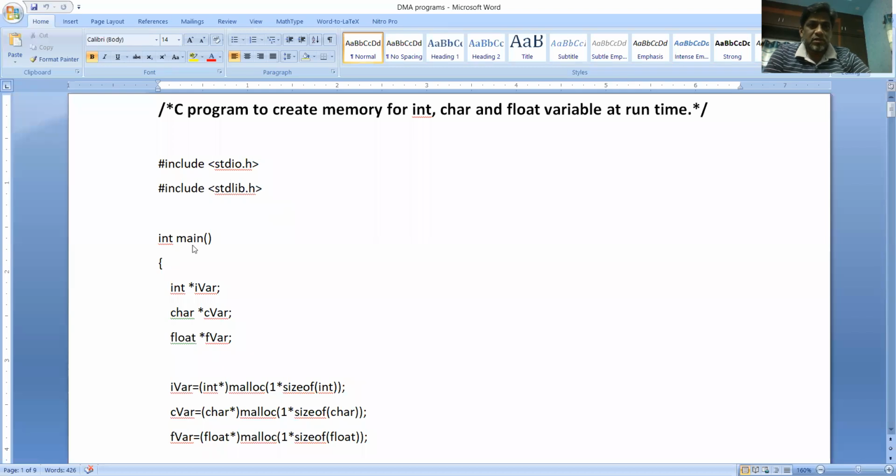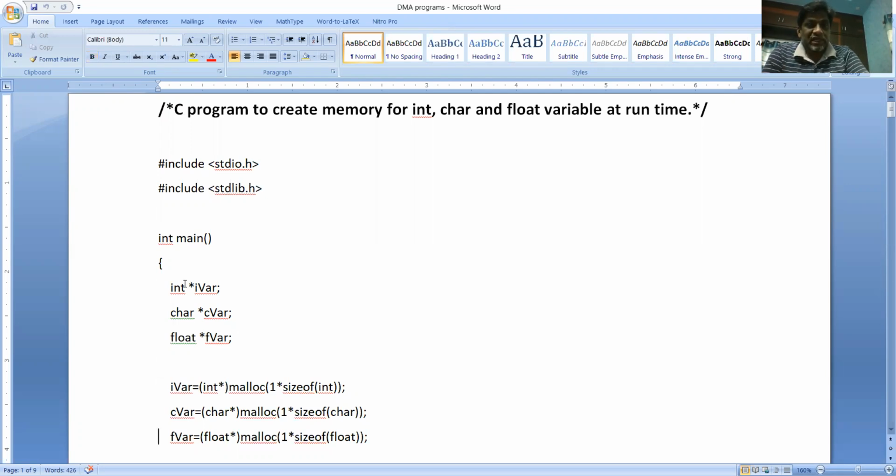Starting with the main function, the first thing is a pointer variable for storing an integer address, a character pointer variable for storing the address of a character, and a float pointer variable for storing the address of a float.